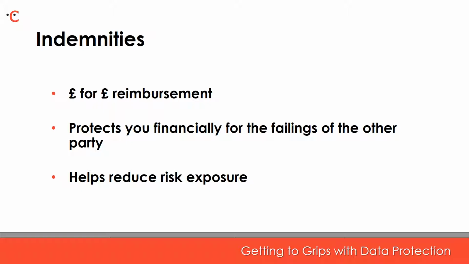Until the GDPR kicks in, a controller is primarily liable for a breach of data protection laws. However, under the GDPR, both controllers and processors can be held liable for a data breach and, as a result, be subject to fines and penalties of up to 4% of their worldwide turnover, or €20 million, so around £17 million, whichever is greater. Let's have a quick run through key definitions for this webinar.